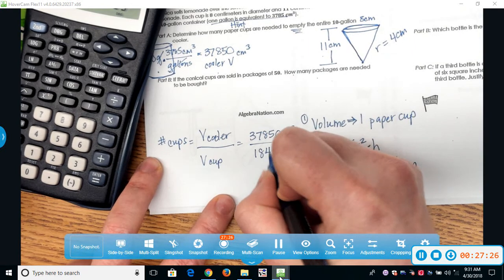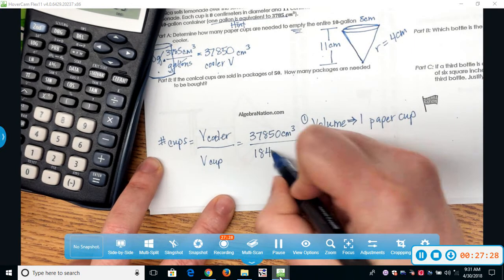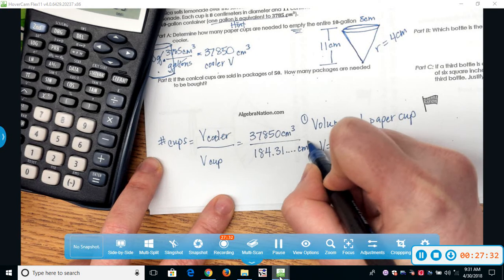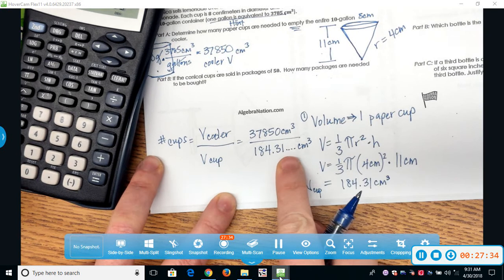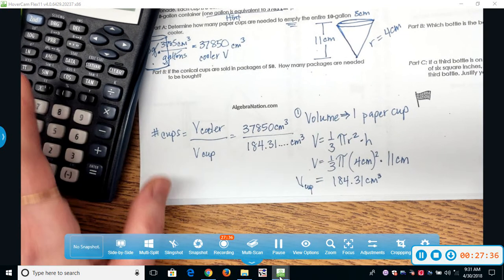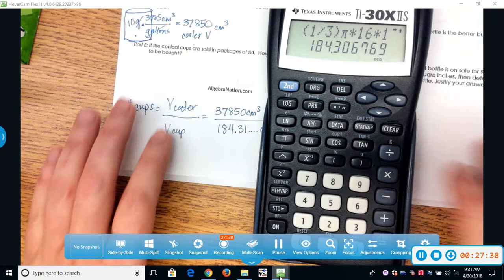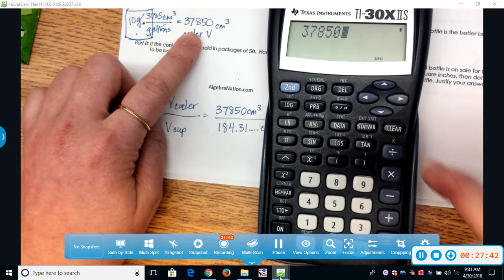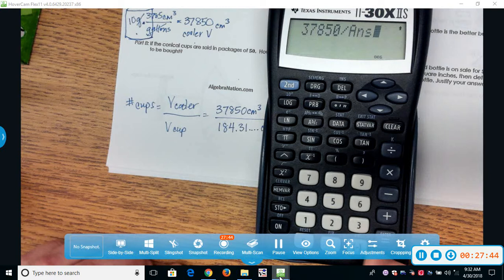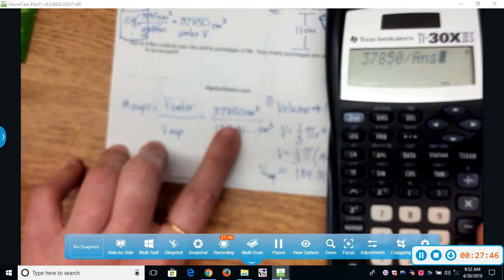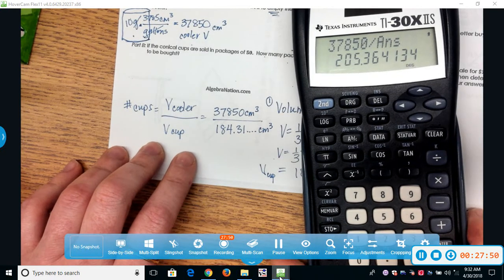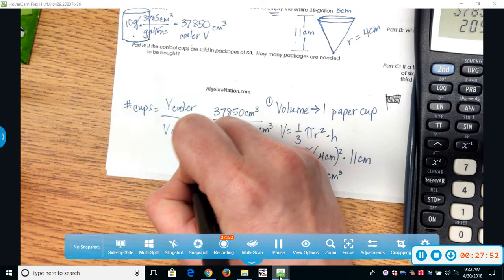Again, I left all those decimals in my calculator, and that's the number I'm going to use. Thus the ellipsis. All right, so let's do it. 37850 divided by the answer I just calculated. That's the cup volume. So I get approximately